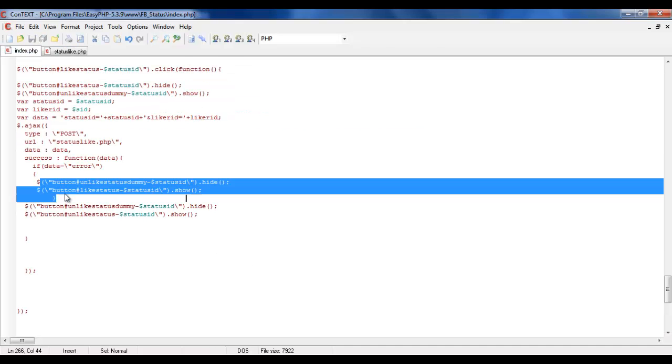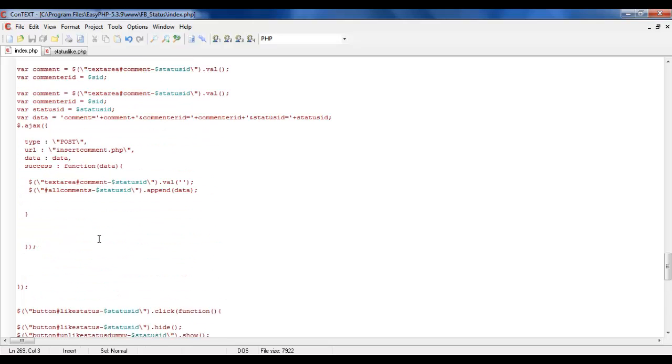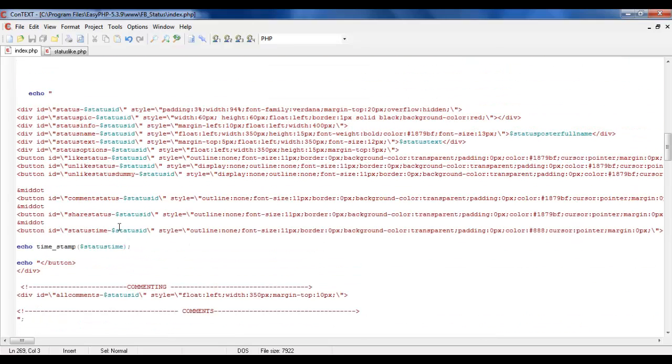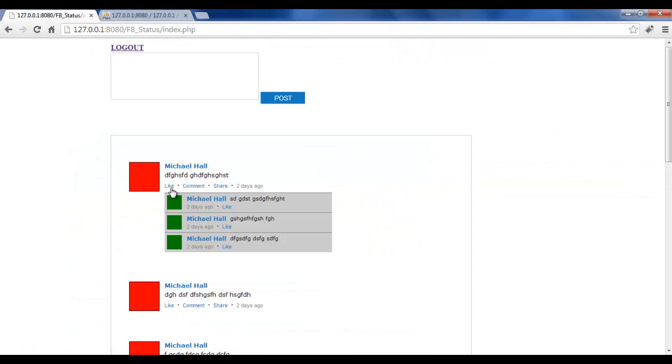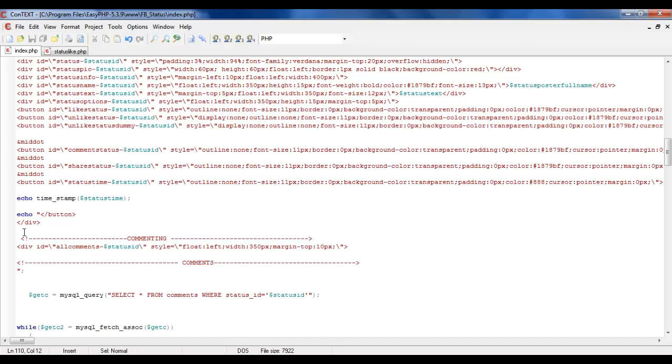And coming back to our index page, we would want to echo out, get that data there and append it or prepend it or HTML it to a div, which we will be having after a like button and commenting button. That is actually after a like button and the all comments div. So we would be having that somewhere around here, and that would be a div with an ID likes status ID, sorry, status ID, and the styling